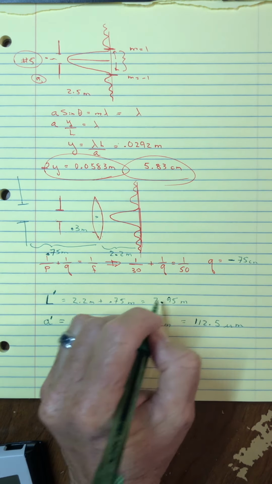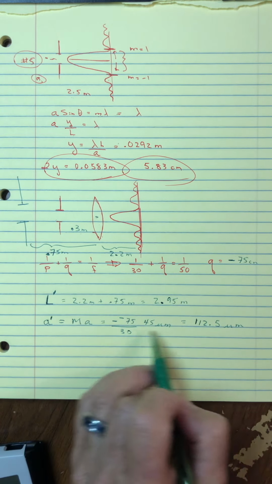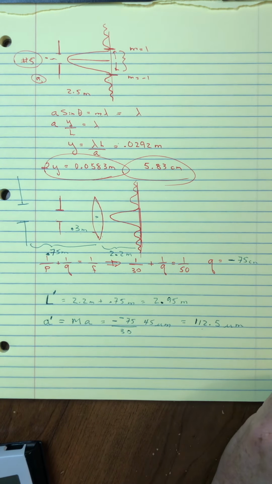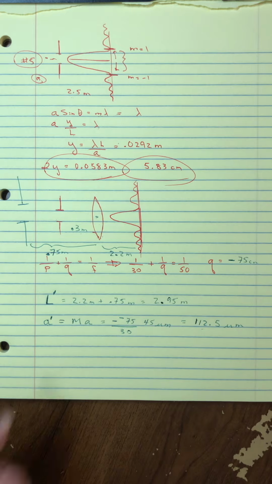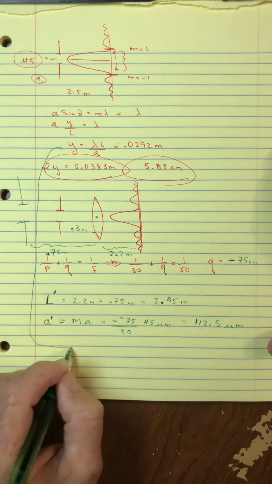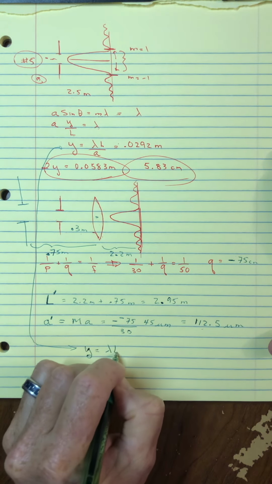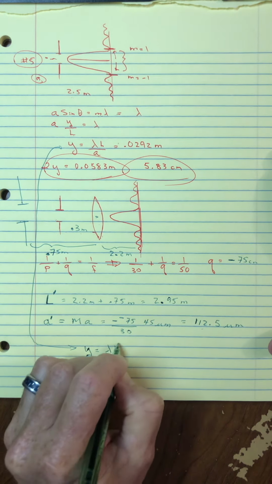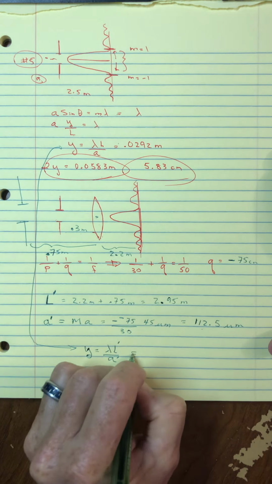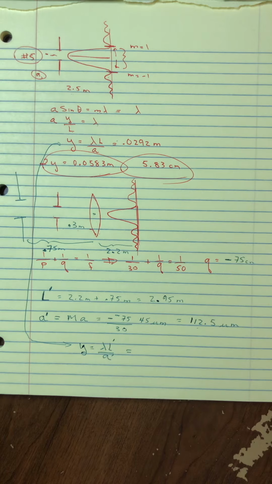The lens is making it look like the light's coming further away. But it's also making it look like it's coming from a bigger opening. But the logic is still the same, that if you follow that same equation here, the y would be a lambda L over A. Now you might put primes here because they would be how they just been affected by